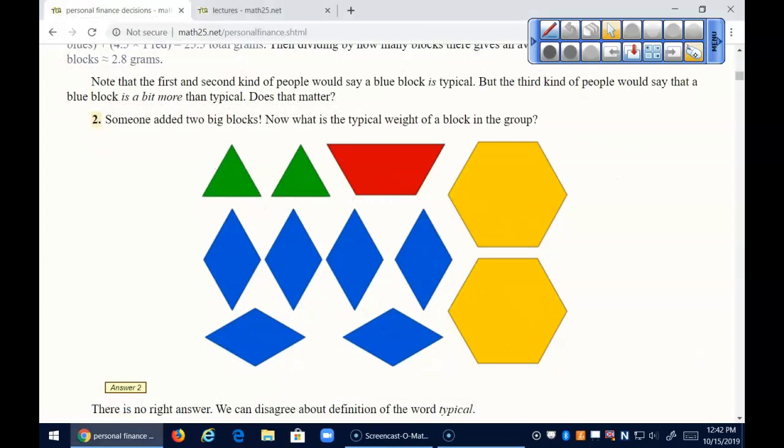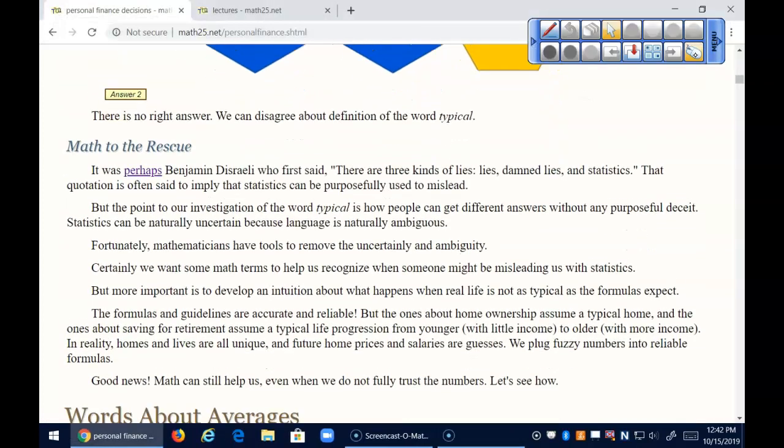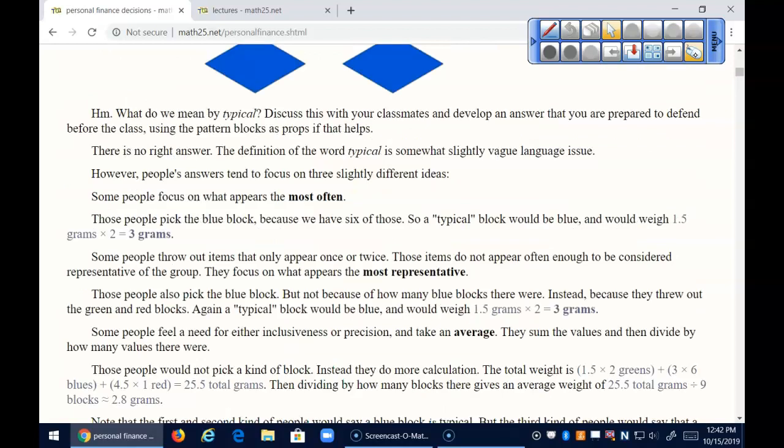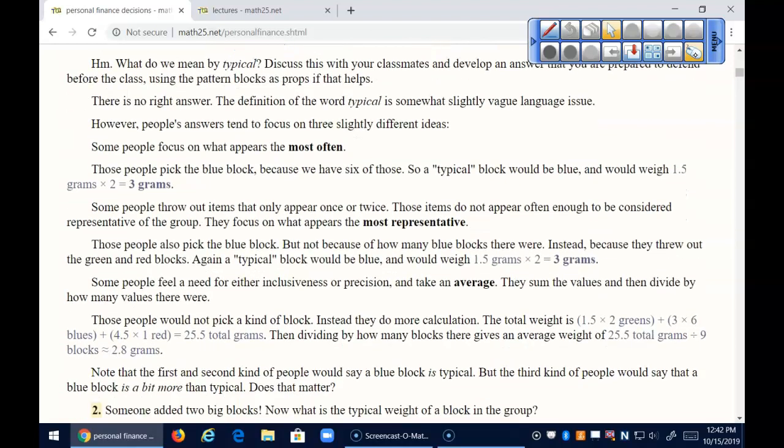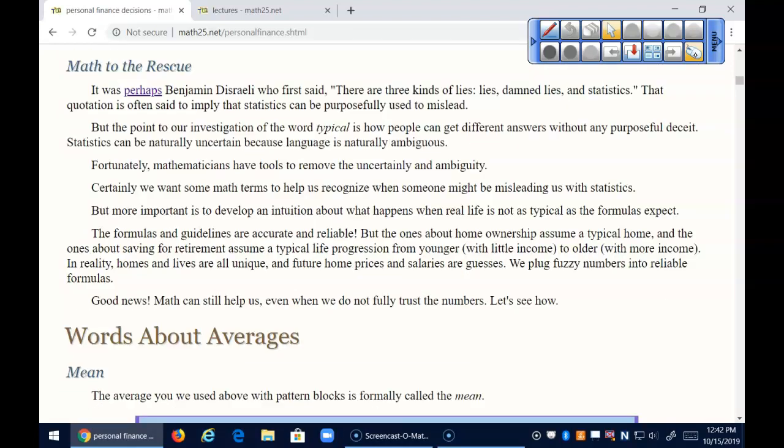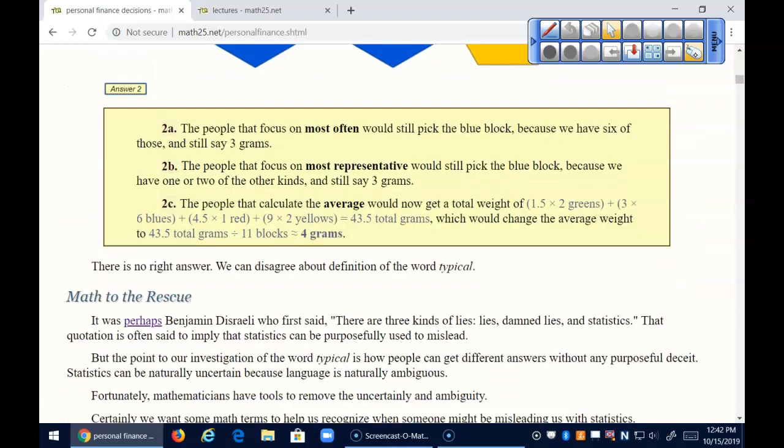Okay, so this goes back to exactly the same things we said before. Maybe I was smart and put all these in the box. Oh, I was. Okay. So what's most often? That's still the blue box. Blue diamond, more of those. Or you could say what's representative? That was what Tricia just ended us with. Toss out the extremes until everything looks more or less the same. Or you could do the total average. The 43.5 was correct. And then divide by 11.